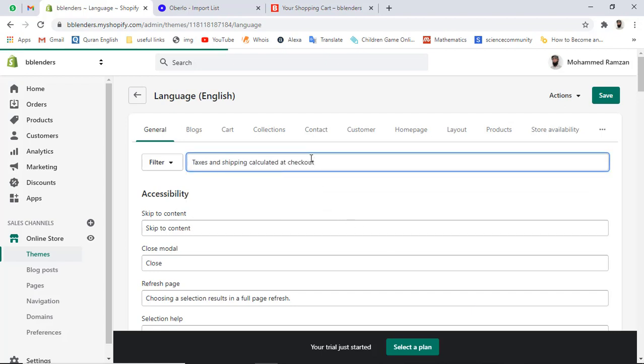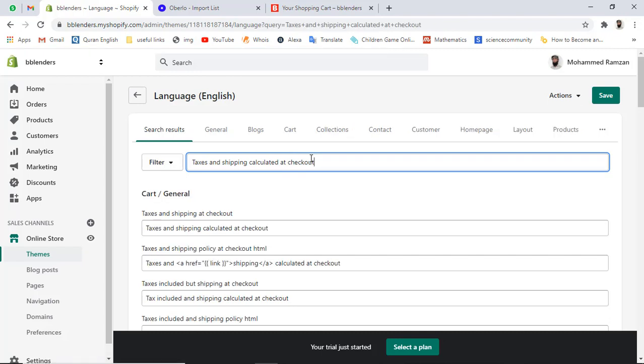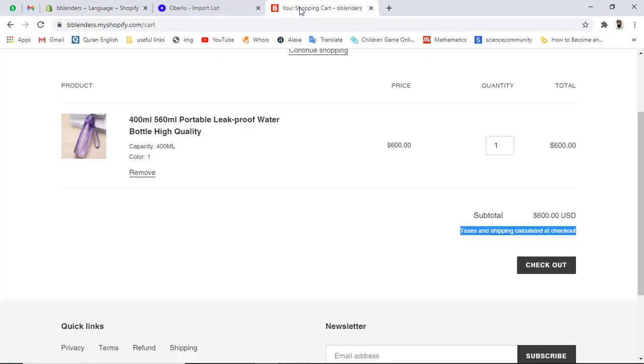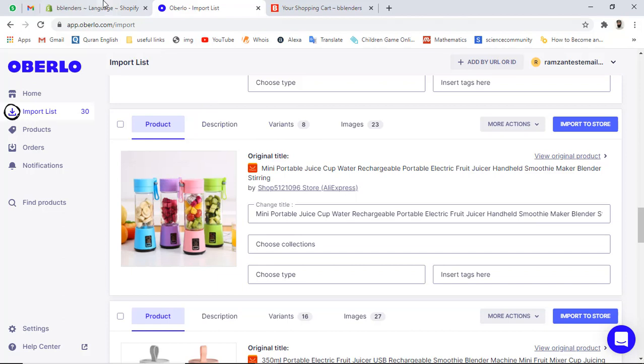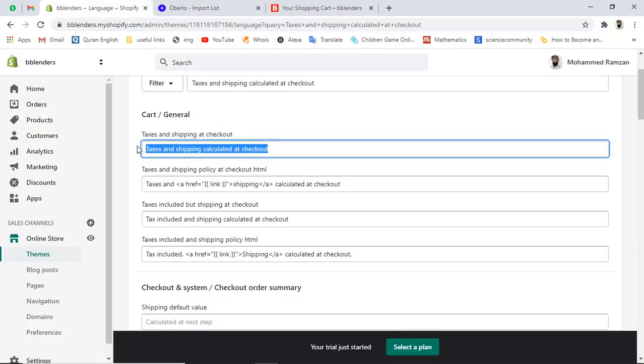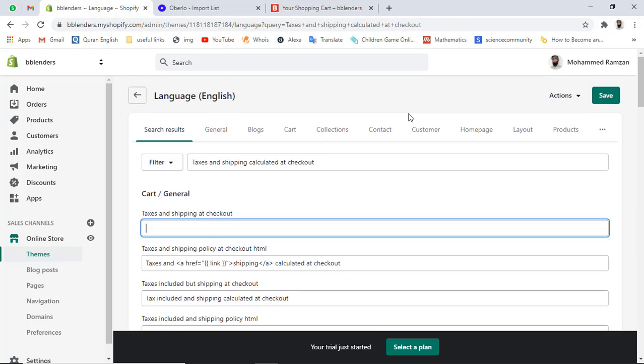We have multiple results, so let's try the first one. On the first input box we have the same text which is showing over there. Let's remove this one and see whether this helps us remove that text from our cart page or not. Let's save this and let me refresh this once again.